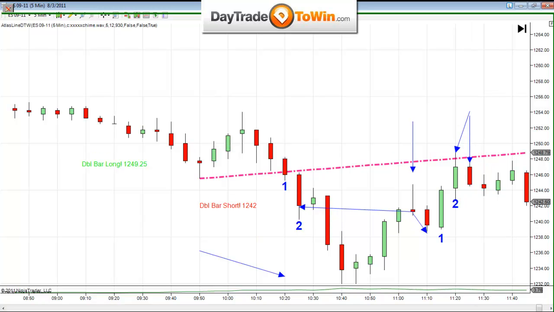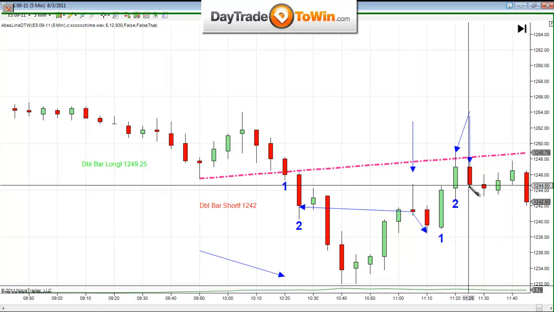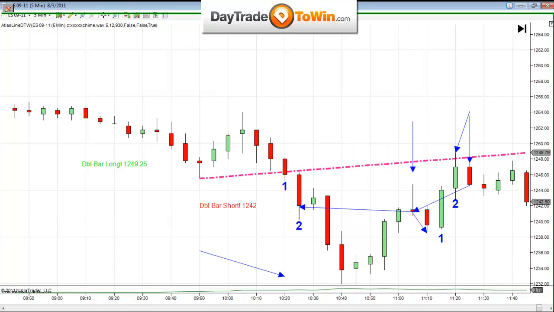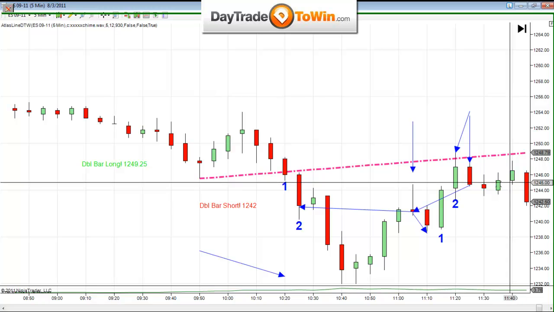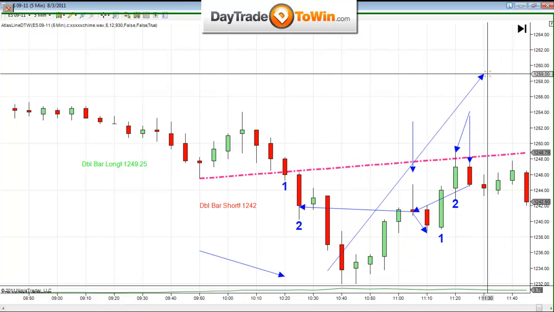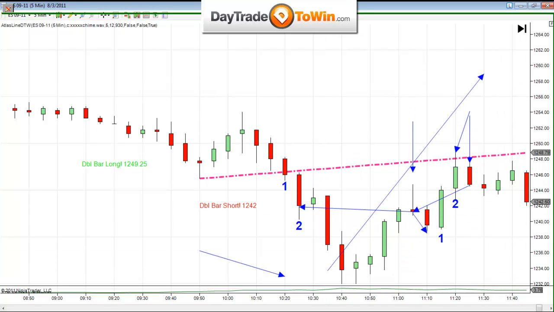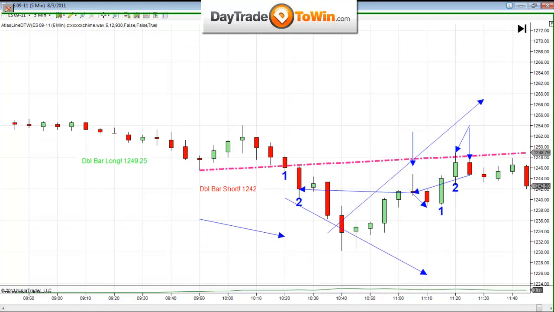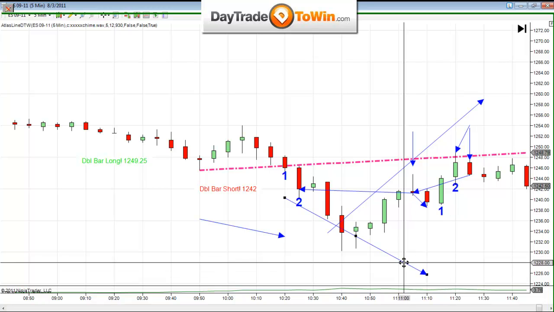The reason why you would not take this trade is because this is higher than actually your last pullback. That's the reason why you would not take the trade. Price is now telling me that it's going up. It's not telling me that it's continuing further down. All right? So you would not take that trade.